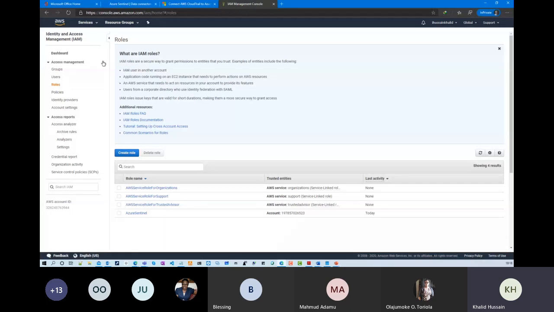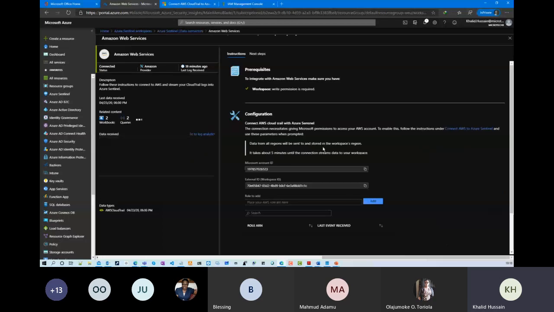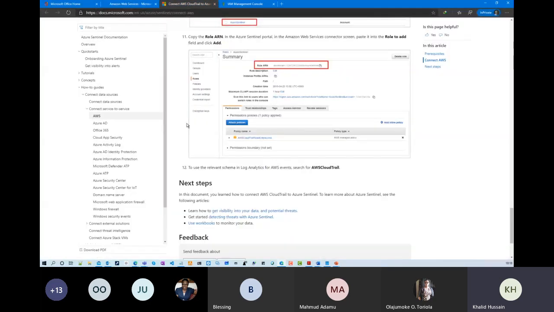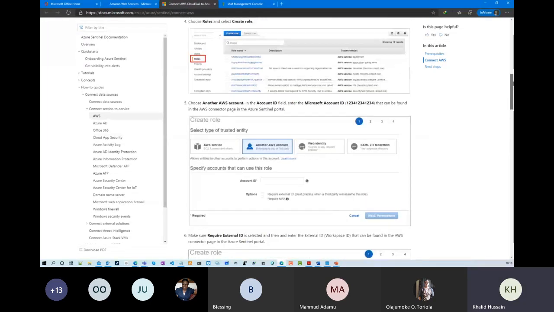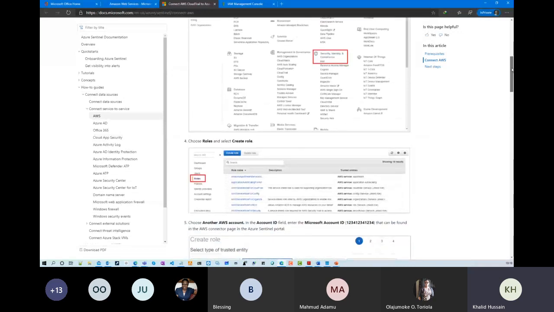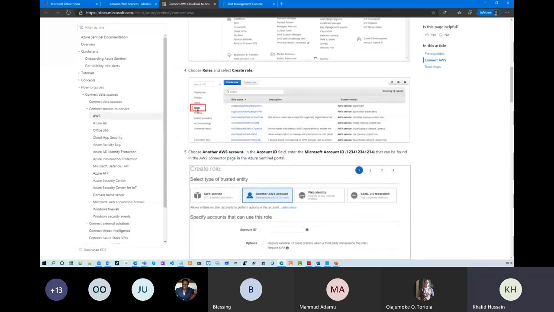I have this Amazon account already. There is a connector. In this connector, Microsoft has this Microsoft ID and an external workspace ID, and then you need to create one role inside Amazon. It's quite easy, just 2 minutes. You go into Identity and Access Management, into the roles,